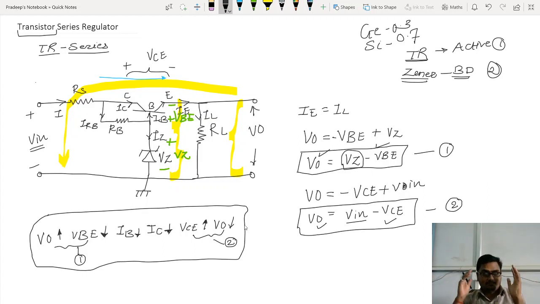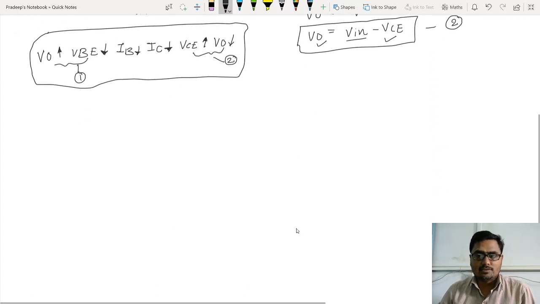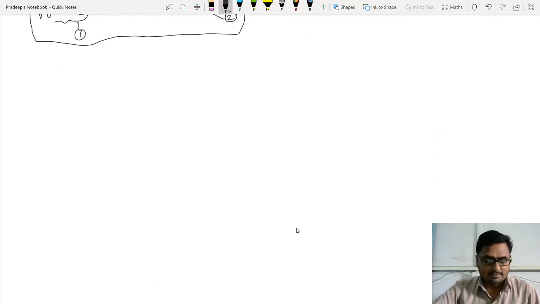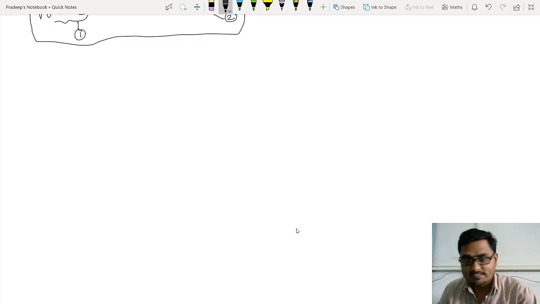If I want to focus more on transistor operation, or as I am telling that transistor is the active element, and if I want to justify how transistor is an active element, then we have to enter into line and load regulation. So now let us justify that we are saying transistor is an active element, how the transistor plays an active role in the regulation process. Let us start with line or load regulation. Okay, let me draw the circuit diagram once again.